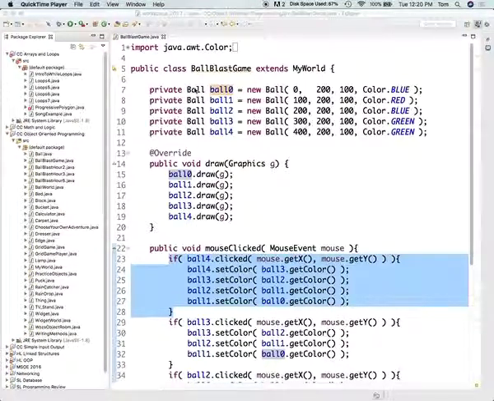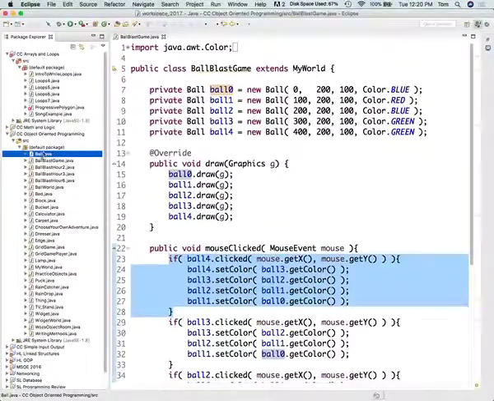Okay, so what we're going to do today is recreate the ball blast game, but instead of using 5 separate ball objects, we're going to use an array of ball objects. Okay, and then we'll use loops to draw them and actually create them. So the first step that we're going to take here is wherever you have your ball class, you can